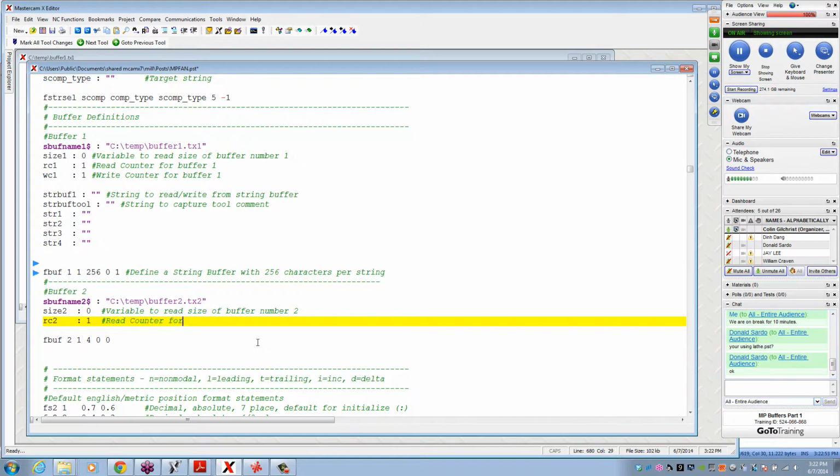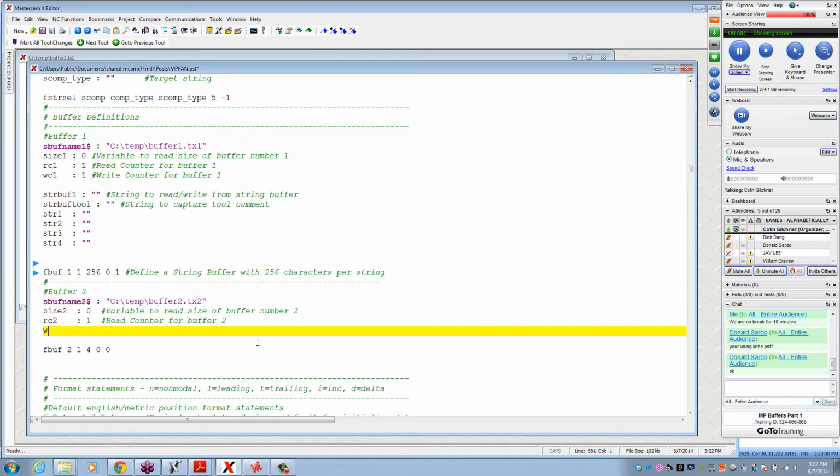So read counter for buffer 2. We want WC2. Okay, and we've got the write counter for buffer 2. Now we're going to need